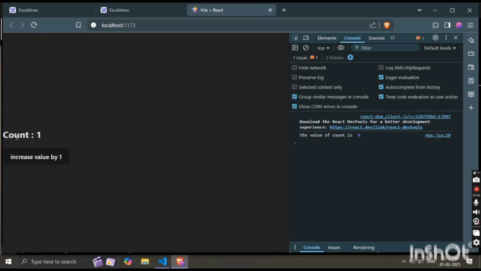Okay, so if I click on this button, see here the UI has updated, right? So the value of count is increased by 1, but here in the console the value is still 0. Why? If in the UI the count has increased by 1, why is it still 0 in the console? When I click on the button again, the value in the UI is 2 and in the console it's 1. Why is there a mismatch in the value? So it is because